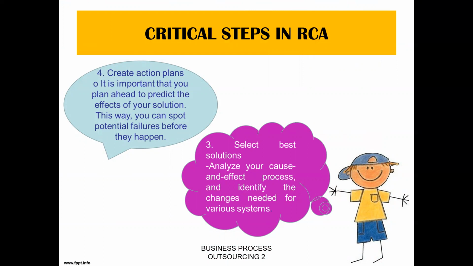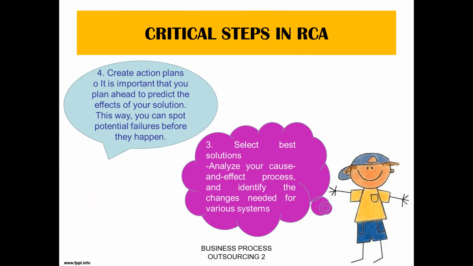So third is select the best solution. Analyze your cause and effect process and identify the changes needed for the various systems. Create an action plan. It is important that you plan ahead to predict the effects of your solution. This way you can spot potential failures before they happen. So you already find your